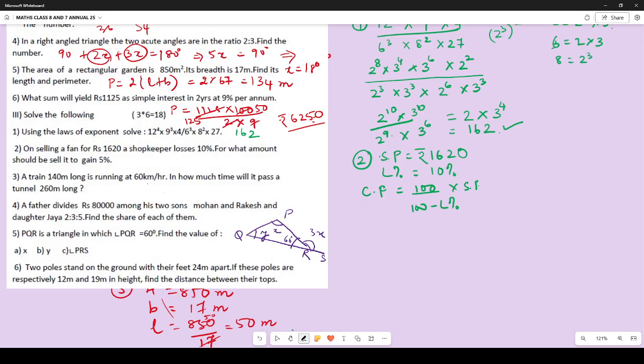See, remembering the formula is very important because that is what helps you to do the calculations very quickly. Okay, so now 100 by 10. So what it means is 100 by 90. So this is 10 by 9 into 1620. Sorry, my pen is honking out on me. So what does this become? 9 how many times? 9 ones 9, 9 8 72. So the CP becomes rupees